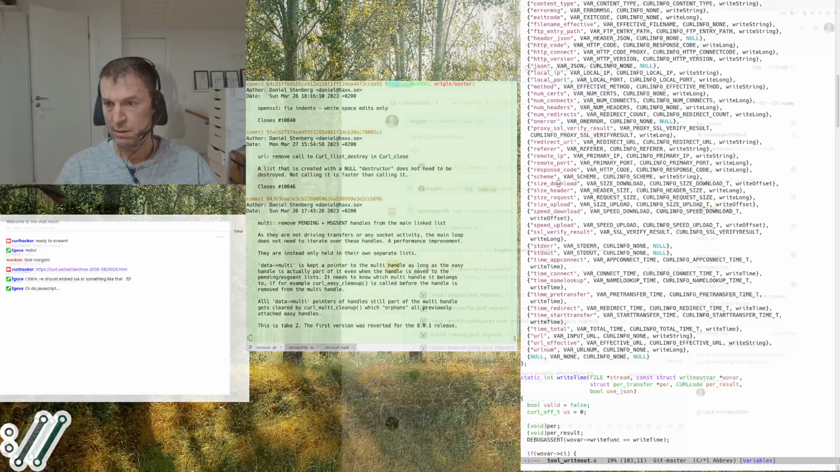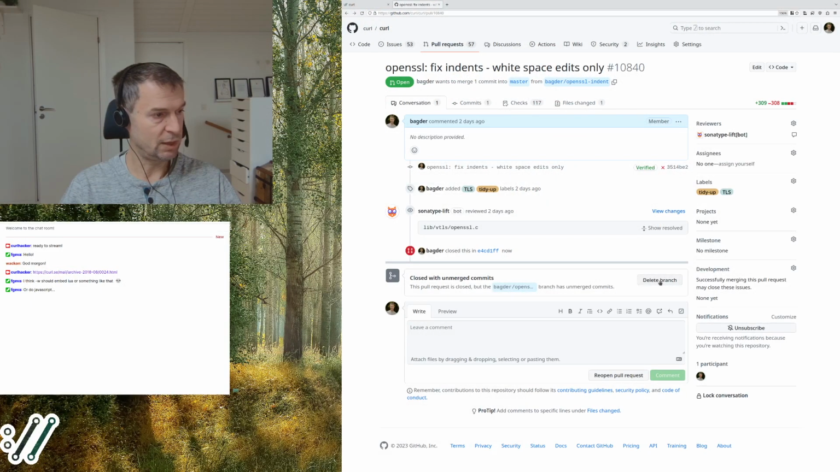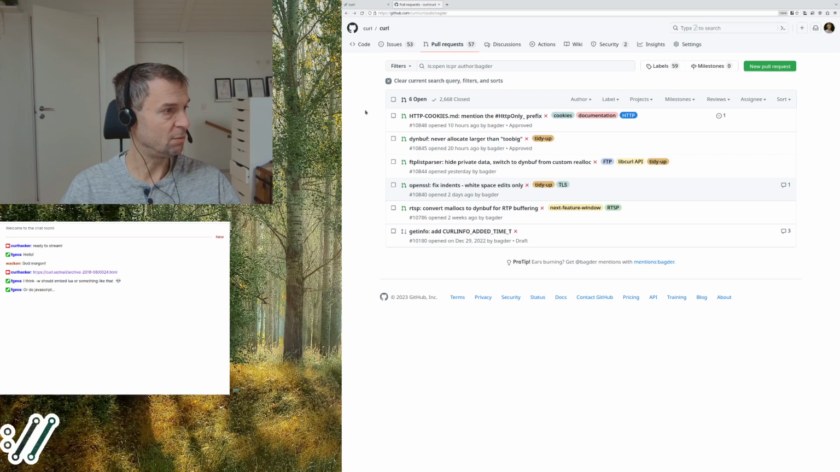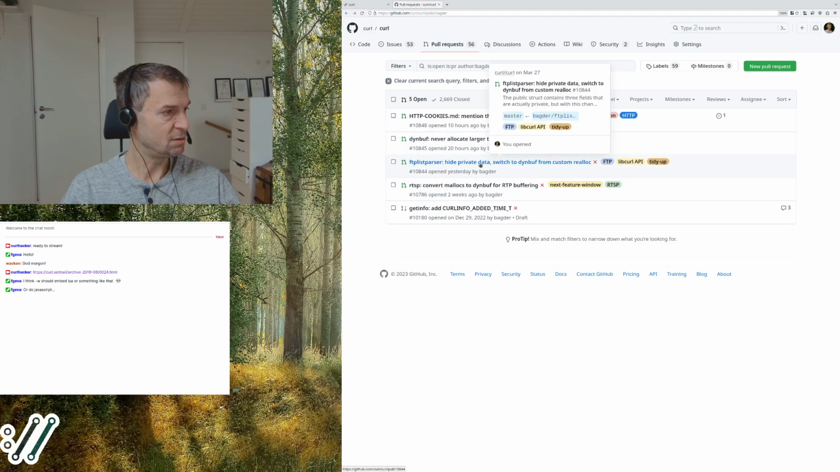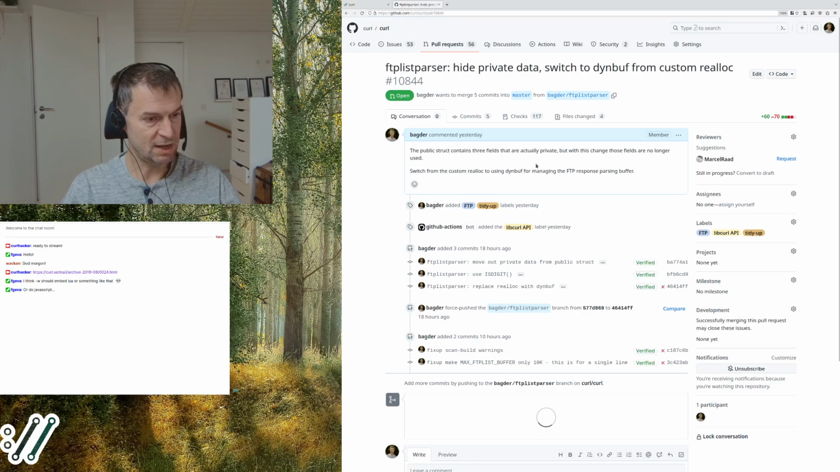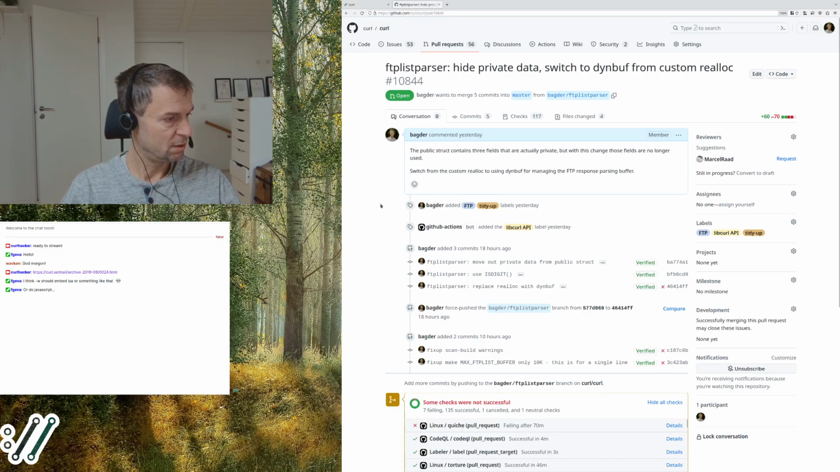Fine. Back in Firefox land, we delete the branch from there, and we're done with that. And back to my list of stuff. If I reload, that one just disappears. And then I did one of these. Here's another cleanup of code. And this one